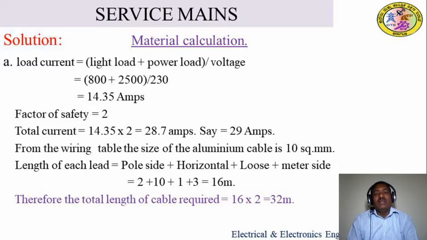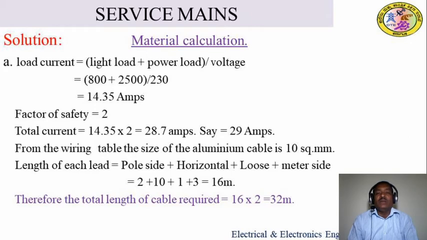So in between, the lower current rating or the upper current rating will be visible in the table. If our current rating falls in between, then we always have to take the higher range of this current rating table column. You have to select the corresponding size of wire, so in this order you go to the selection of wire size from the wiring table. Therefore, for this 29 amps, from the wiring table you will get 10 square mm aluminum cable.